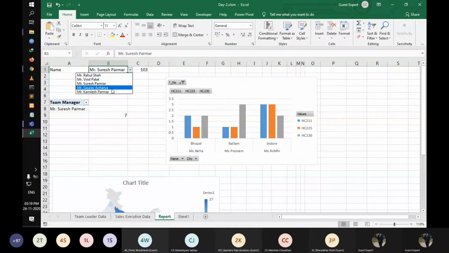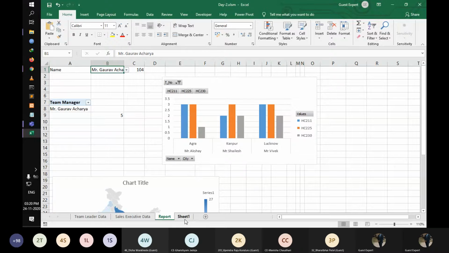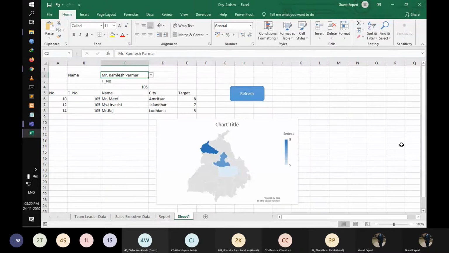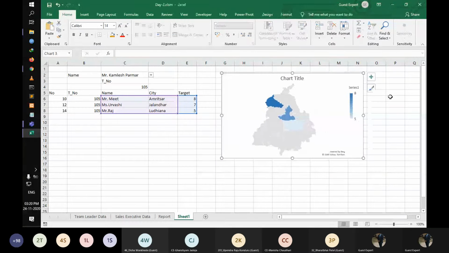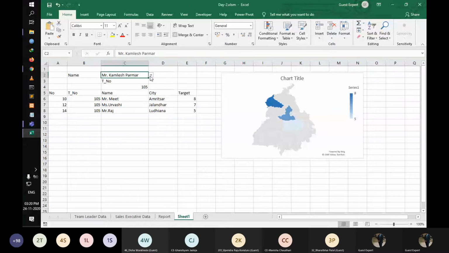Okay. Right now we're selecting Gaurav Acharya. So this is Gaurav Acharya's detail. Then we also select this. In the state-wise view we want to represent the data. So right now we're selecting Kamlesh Parmar.